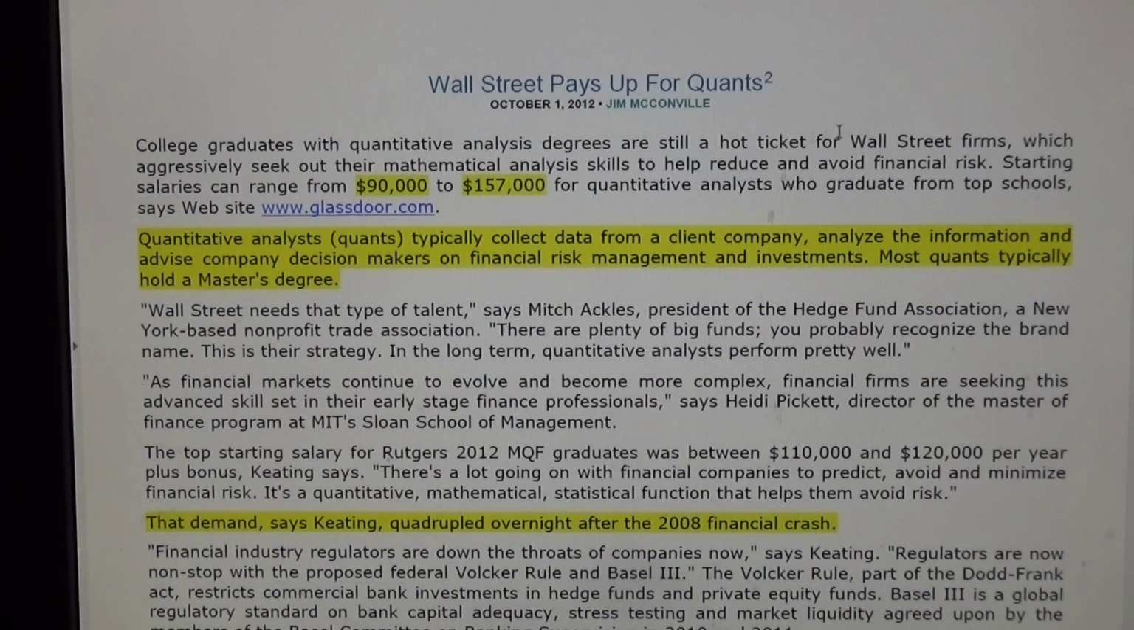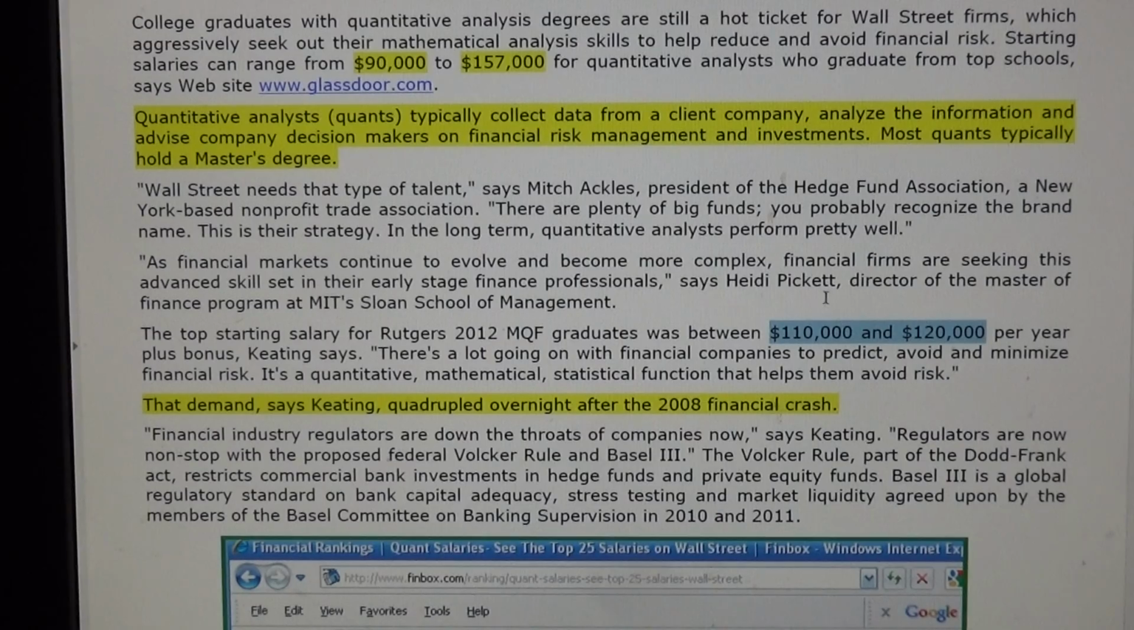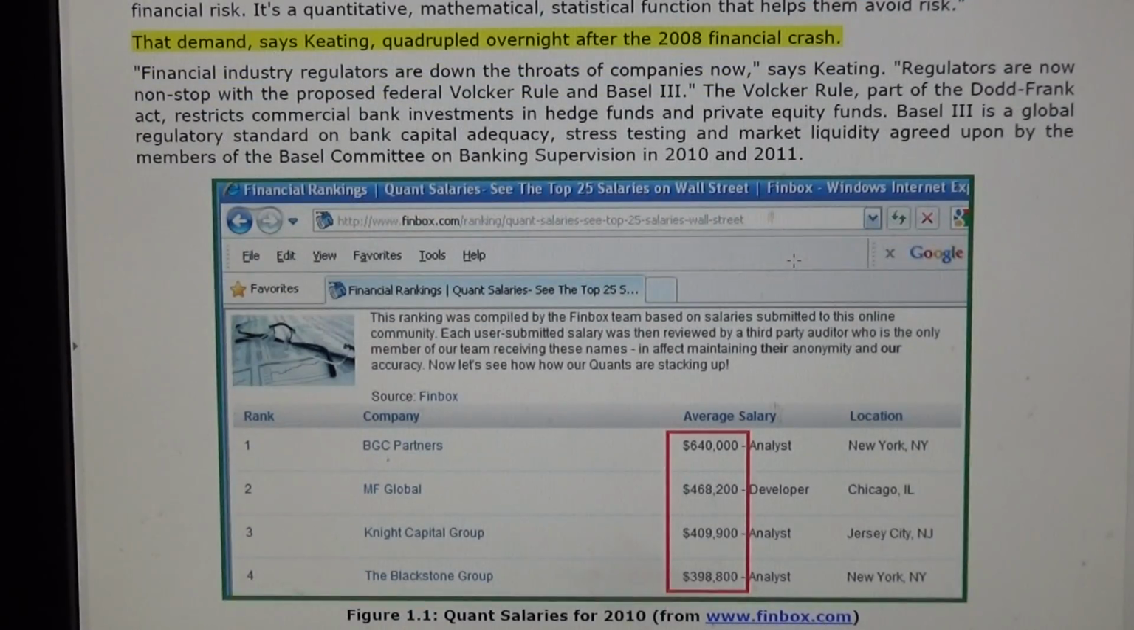In 2012, Rutgers Masters in Quantitative Finance graduates were getting 110 to 120 per year. And here are some salaries for quants I had from 2010. So they can be 640,000 a year, 400-something thousand, 400-something thousand. Blackstone Group is paying